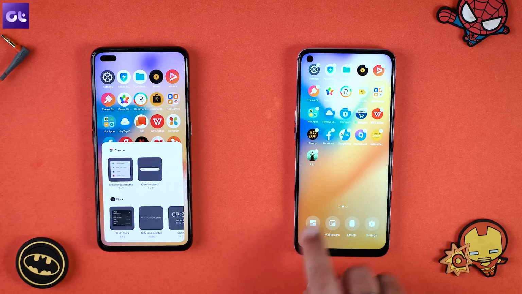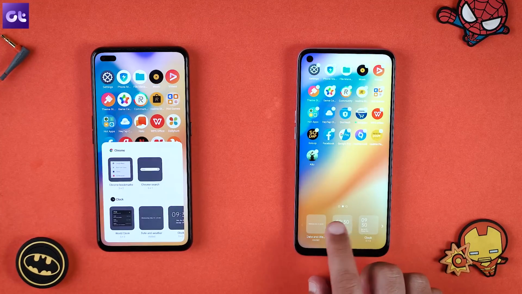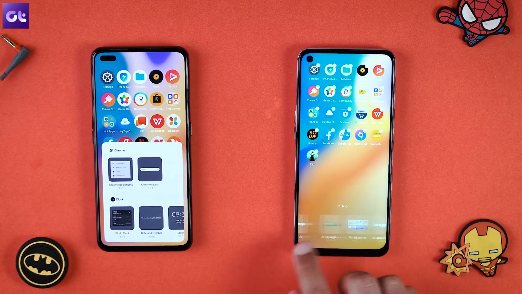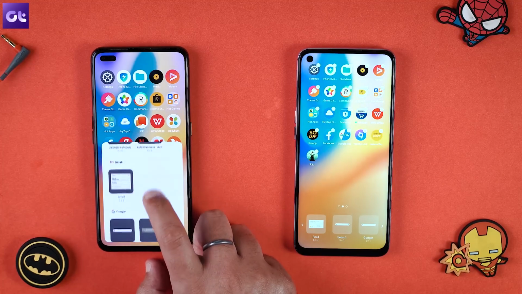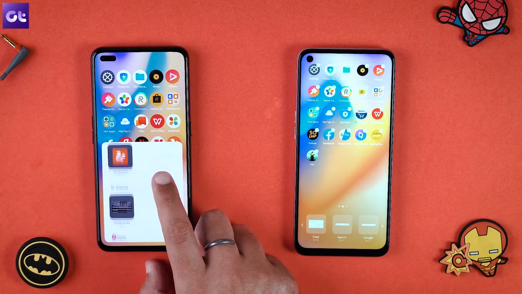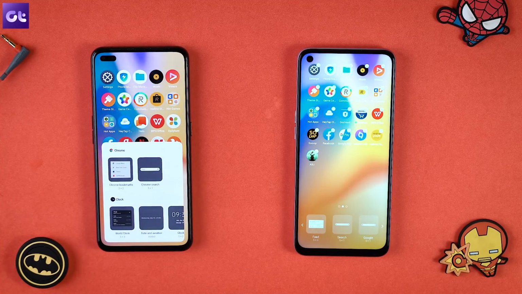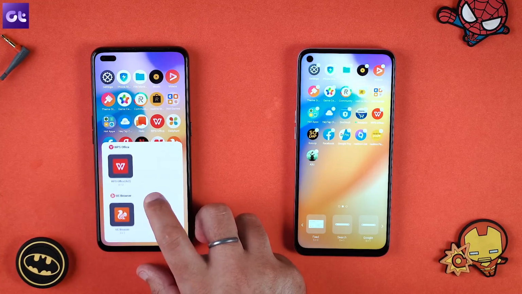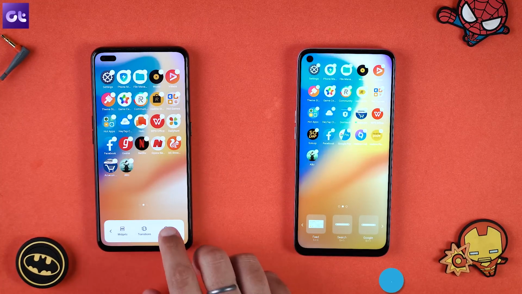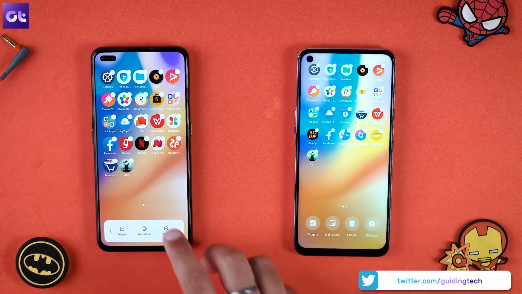Then there's the widget tab, and that is also better optimized. See, widgets on Realme UI 1.0 were shown in a very basic format, but on Realme UI 2.0 they just look much better now. So yeah, I think it's like having those standard widgets menu in a more concise format, and I definitely prefer this one more. Then there are the transitions, which are pretty much the same as effects previously.